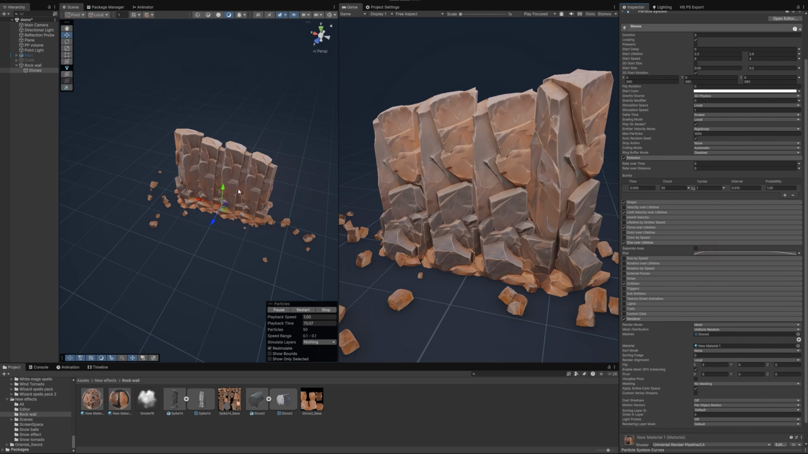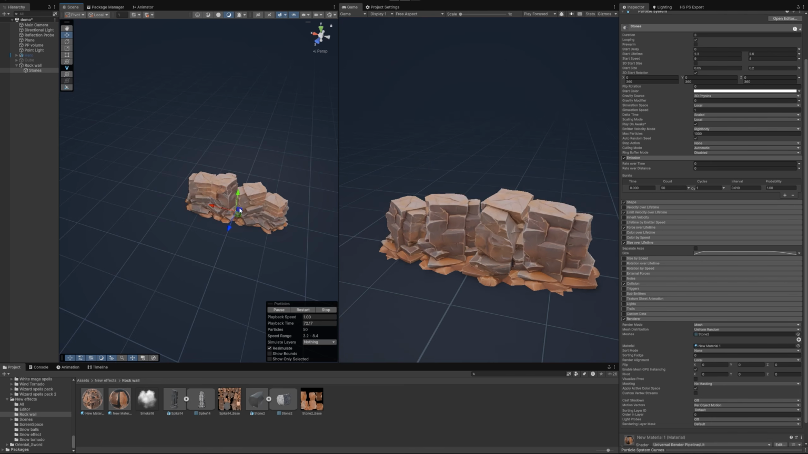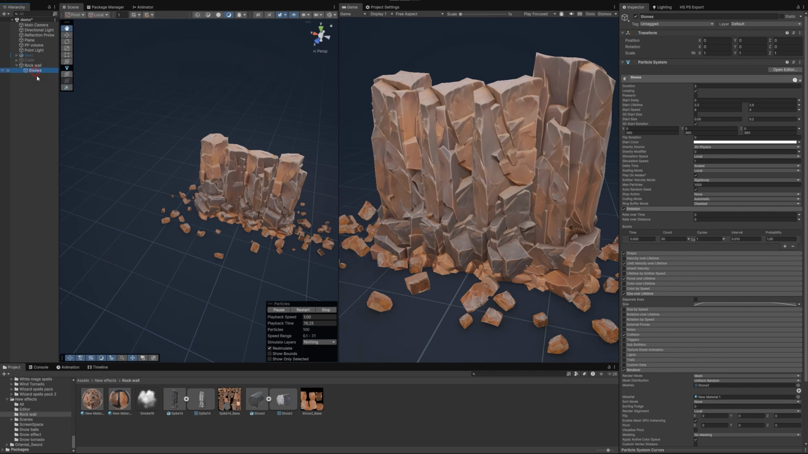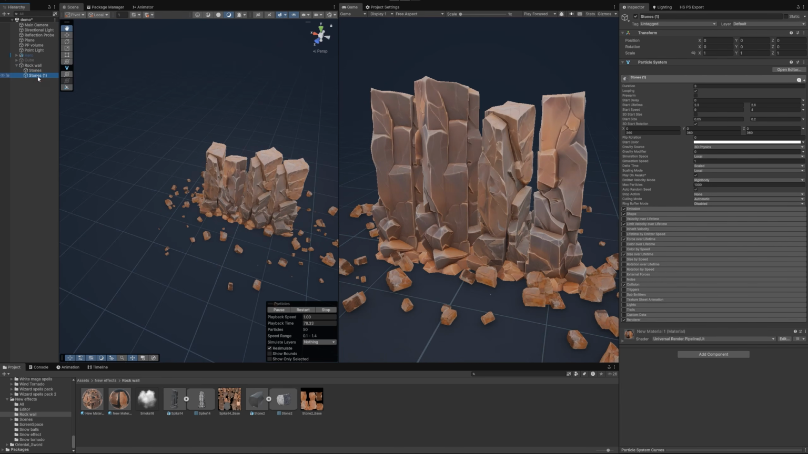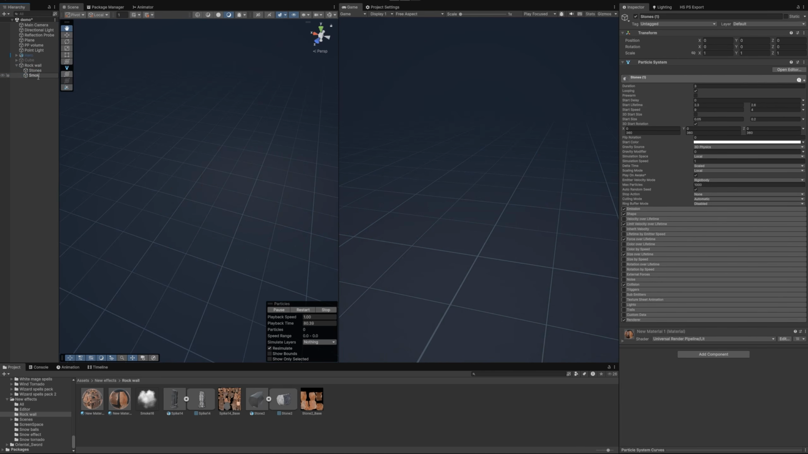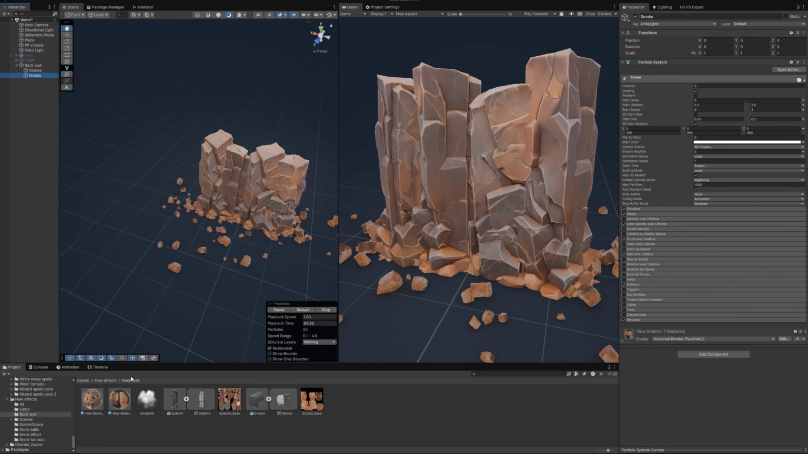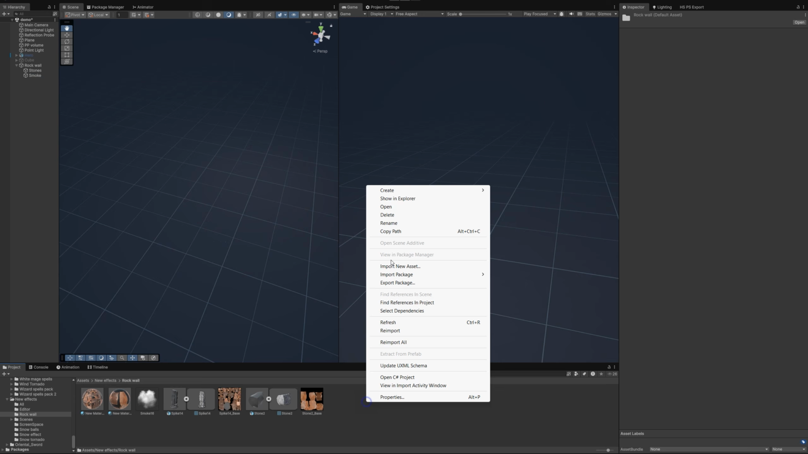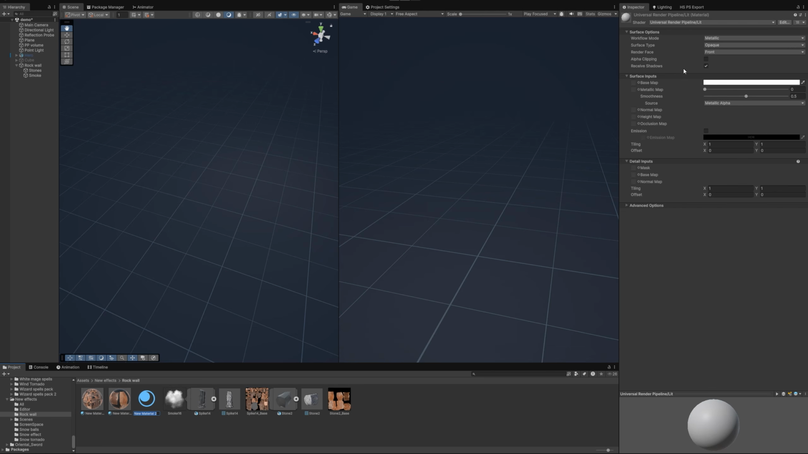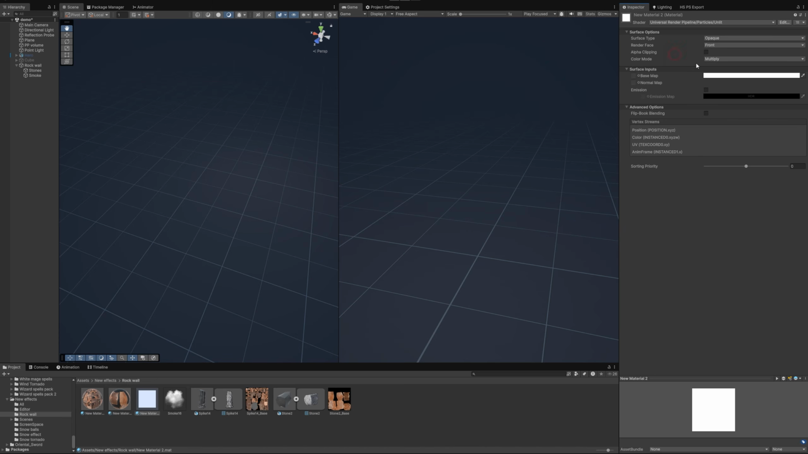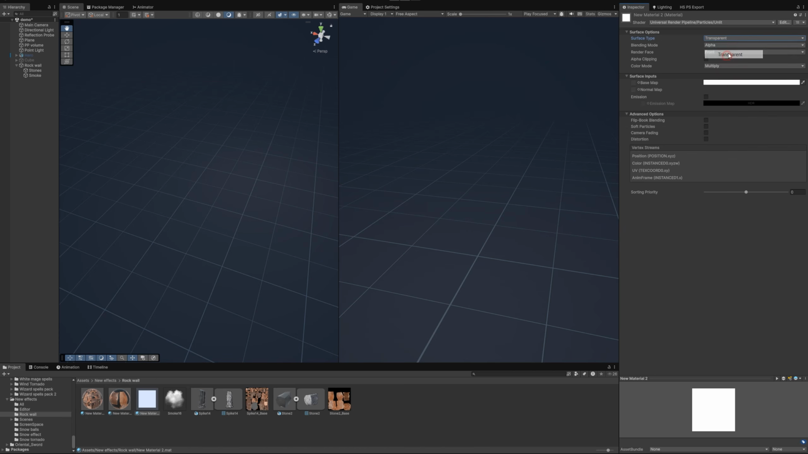The next is we need to add some smoke. Just duplicate stones. I will rename it to smoke. And create a new material for the smoke. Just create a new material, set shader to universal render pipeline particles unlit, set surface type to transparent,